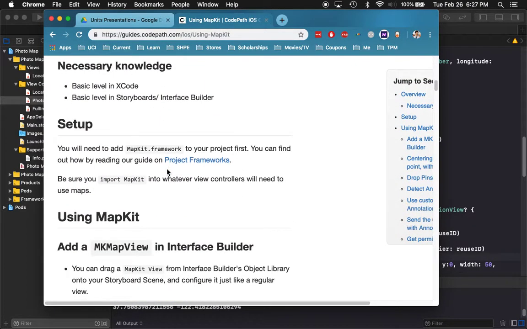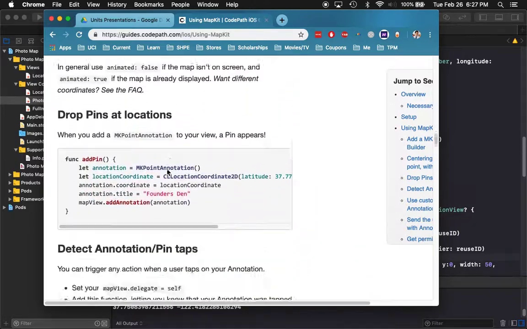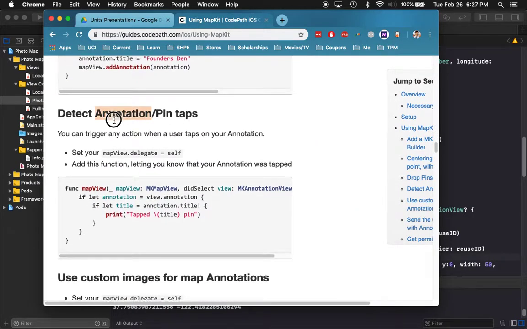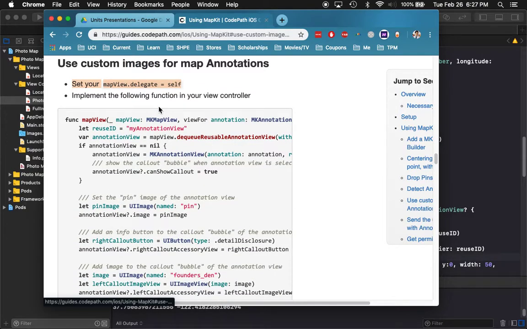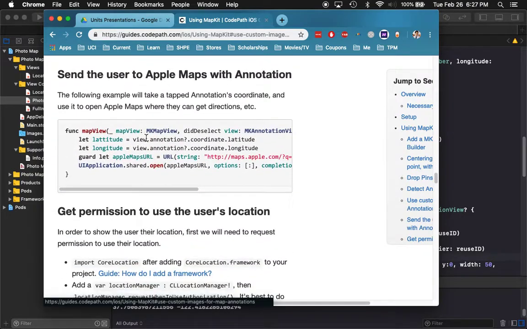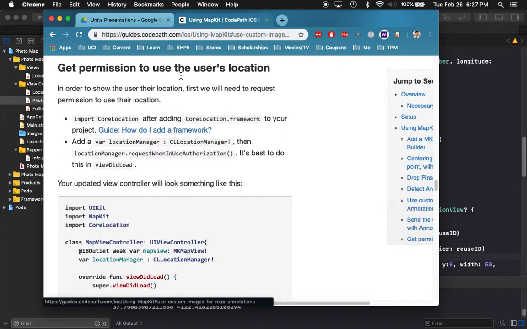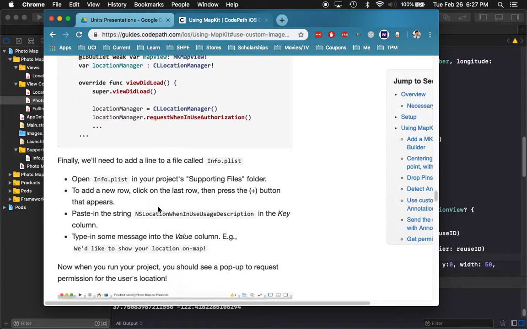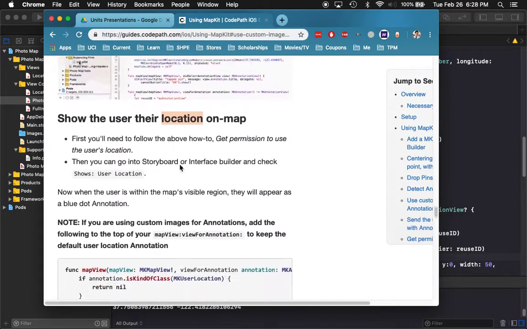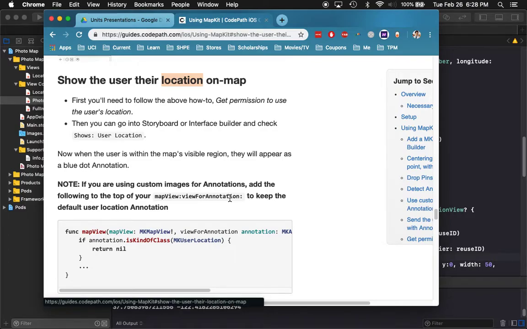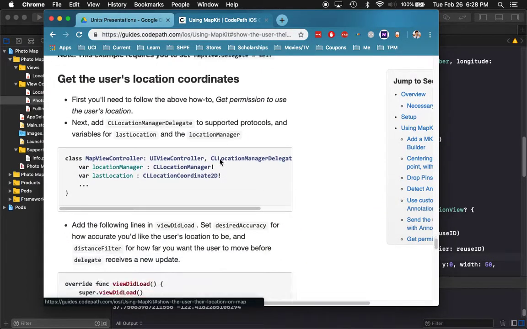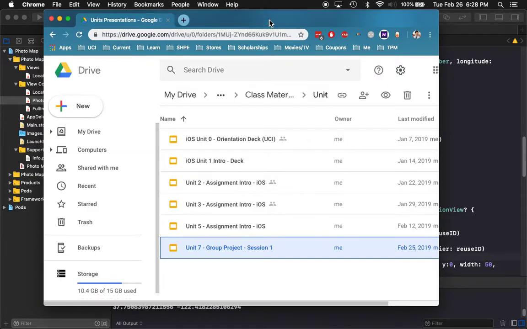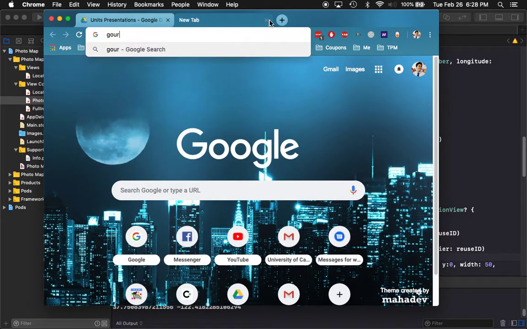Here it will show you everything step by step, all the stuff that we did, but it'll also show us how to detect if there are already some annotations, and how to do custom images. Maybe you want to put icons or logos on them. It'll show you how to get the user's location, and how to show the user's location on the map. You know that little blue dot? You can have that shown on your map as well. How to show it, how to center it, all that good stuff. There's more stuff you can do here. And you can also find more bonus challenges